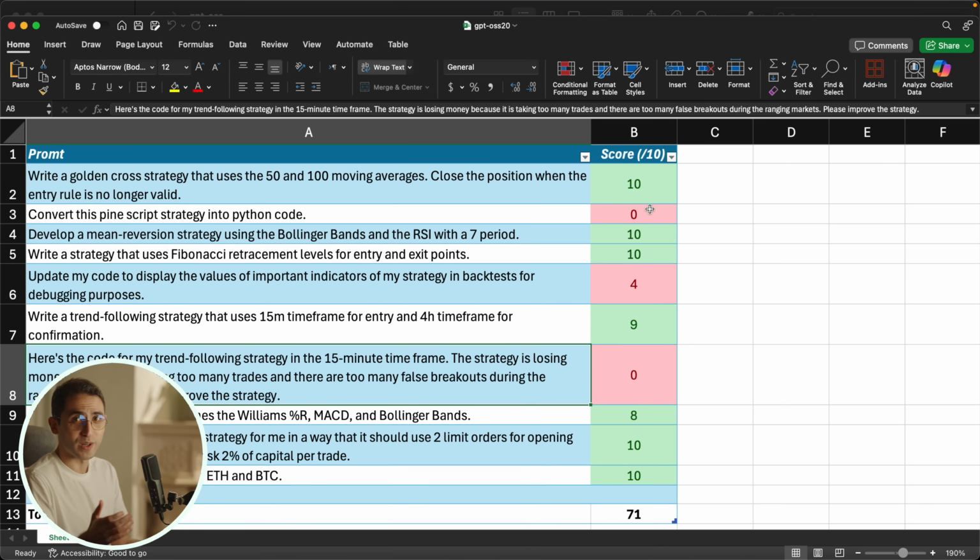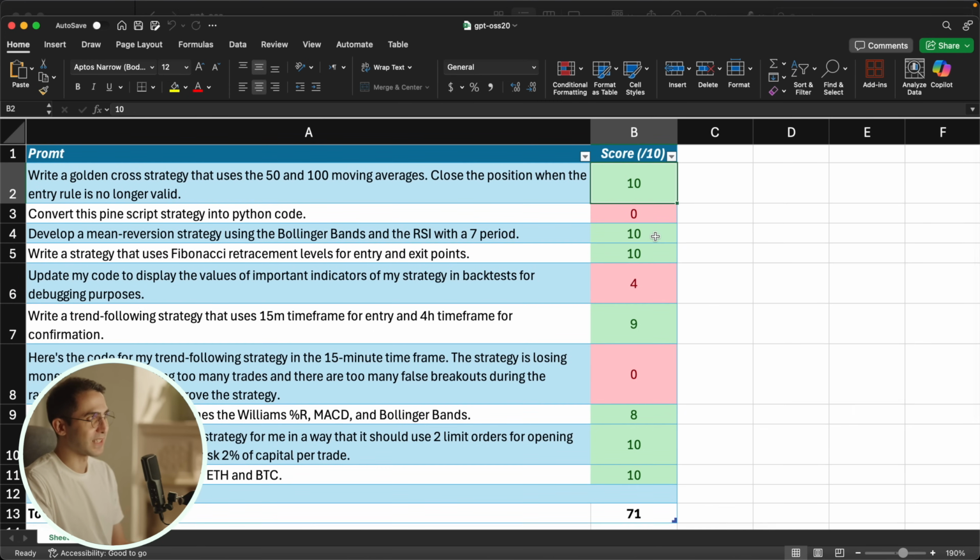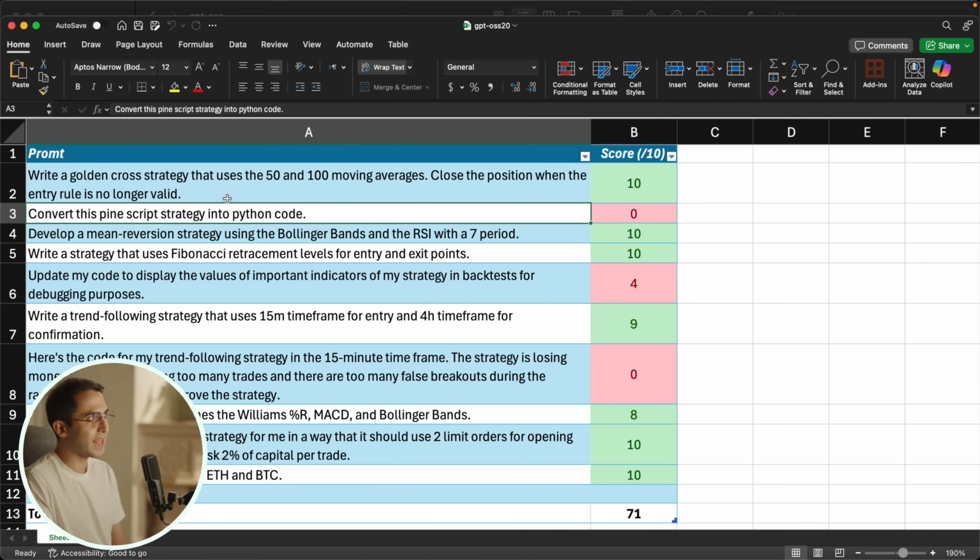And I need you to trust me that I did run these tests and these are the final results that I was getting. So it got most of the questions right. In fact, it is getting perfect 10 in most of them. Now with this one, it wasn't able to complete the task, which was to convert a PineScript strategy into Python